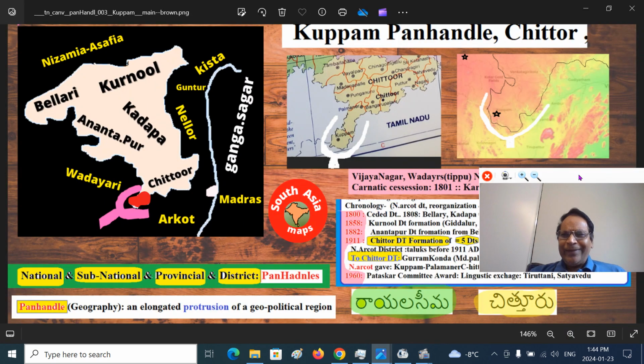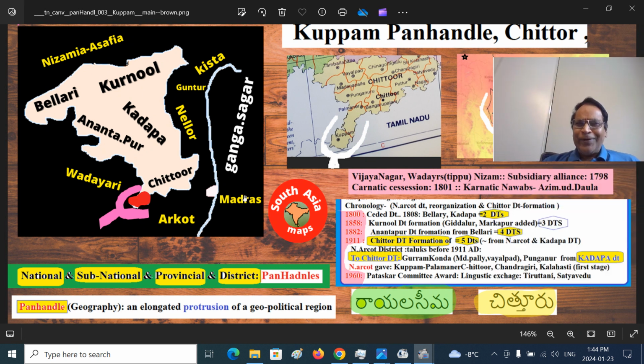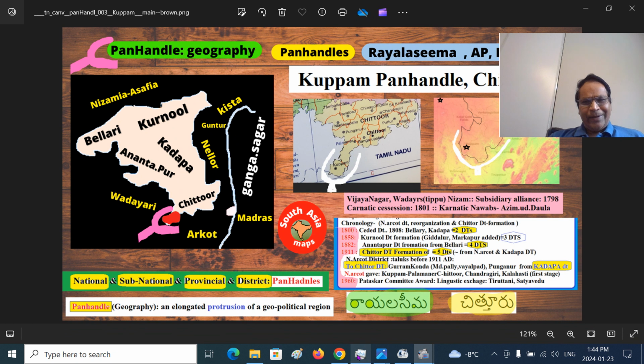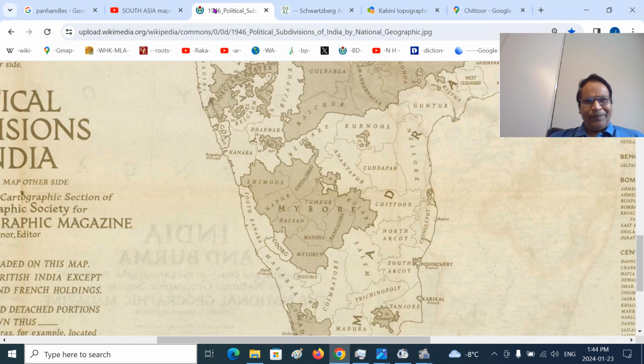So when you look at this now, this is the Panhandle region. It is fascinating; when you look here, you won't get much perspective. When you start looking at this Panhandle in the historical perspective, how the Anglo-Mysore Wars occurred, the cession treaty by the Nizam happened, the Carnatic region was annexed or given by the titular Nawab, reduced to titularity Azimud Dawla, and the Baramahal cession and Treaty of Srirangapatnam. All those things are intricately, complicatedly involved. Pataskar Committee formation, and the separation of the Telugu-speaking districts and the state from the Tamil, Kannada and Malayalam areas of Madras Presidency. All these are directly, indirectly, to lesser or greater extent, involved in setting up this